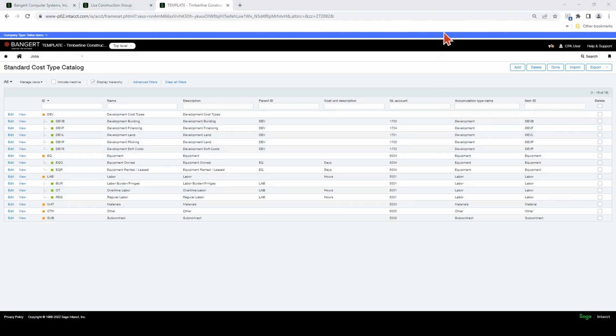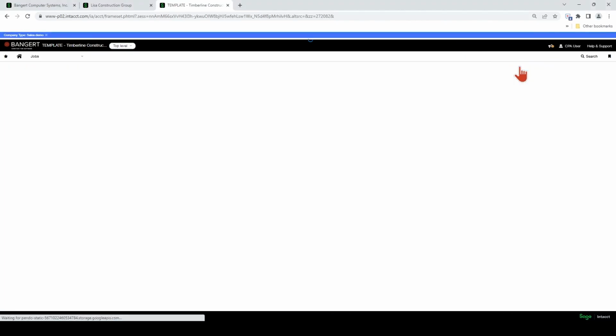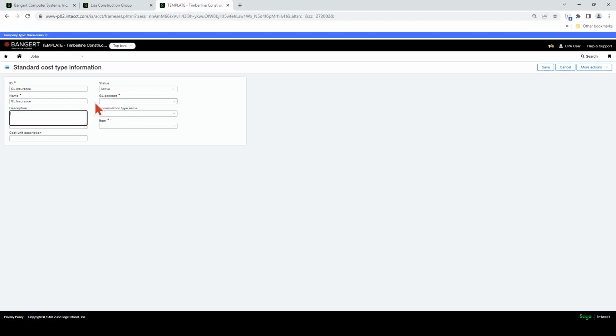Okay, so let's show you how to add a cost type. You click the add button up here at the top right. Let's make one up here. We're going to put the ID. You can make the name longer if you want. You can make the description even more so if you'd like.